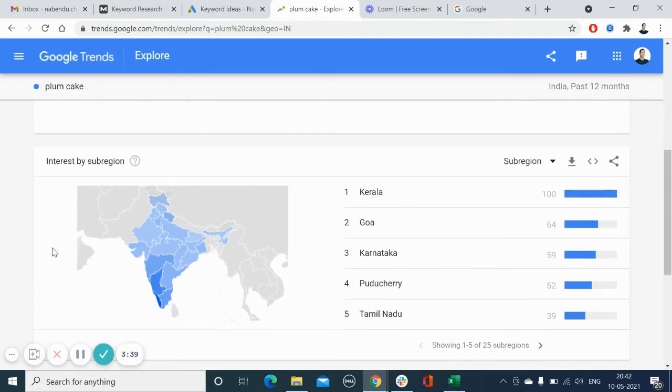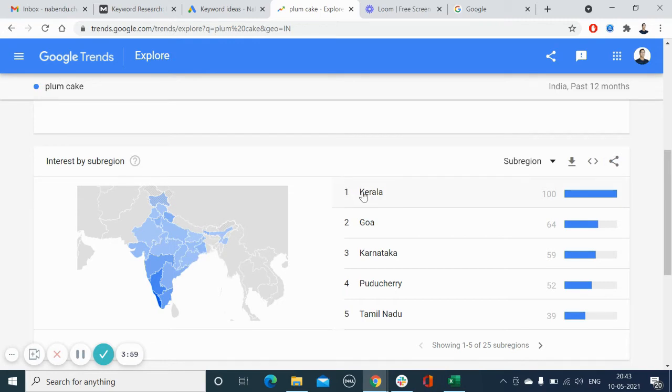If we scroll down, we will see in India what are the locations where this keyword is searched the most. On the left, we have the map, and they have been color coded. The darker the blue is, the higher the search volume is in that region.